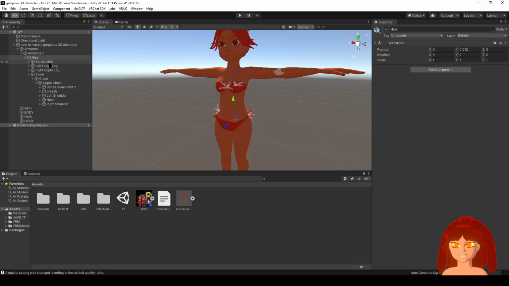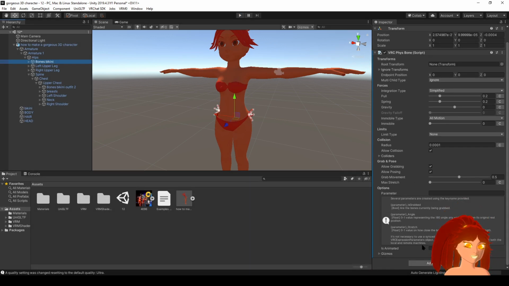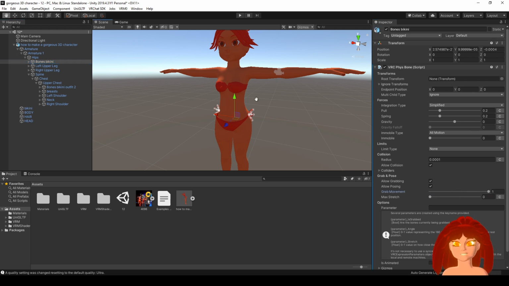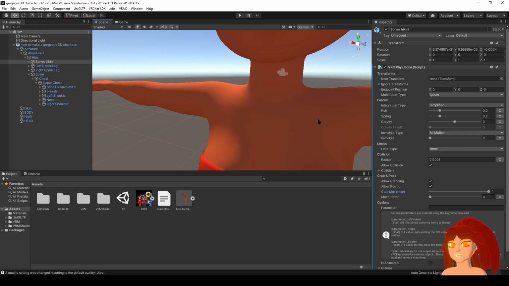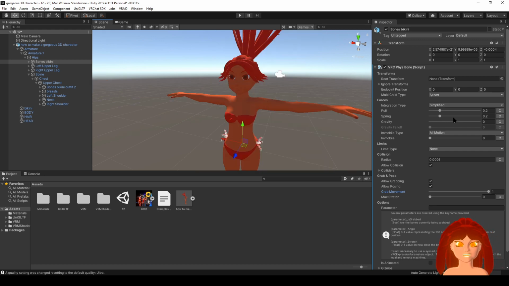Go to ribbons, and you can make it so people can grab them. Grab movement, max, stretch. I'm going to move all the way up. Makes it fun. And here are the drag movements. I'm going to leave it default, but you can just kind of know what they mean. All right, upper. Now let's do